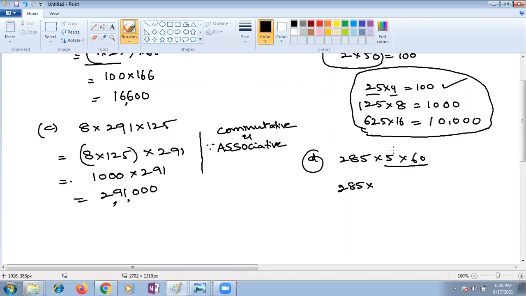Please check that, Nana. 285 multiplied with 300. Now you just do horizontal multiplication, Nana. 285 three times. 200 three times is 600. 80 three times means 240. 8 threes are 24, 25. 3 ones are 3, 3 twos are 6, plus 6 plus 1, 7 followed by. Is it the same answer, children, you are getting? Yes, ma'am. Right. That's all for the day. Please practice your remaining questions so that you can understand.